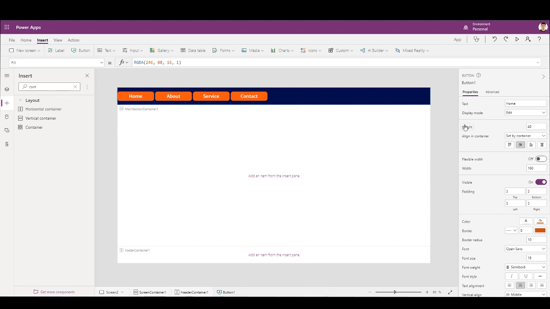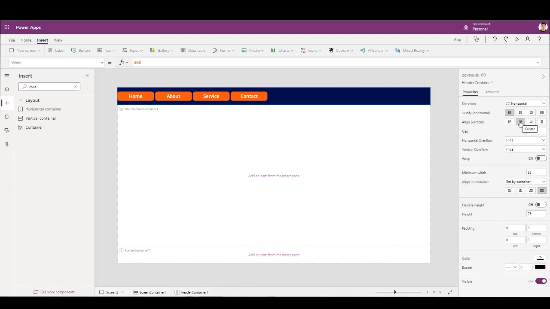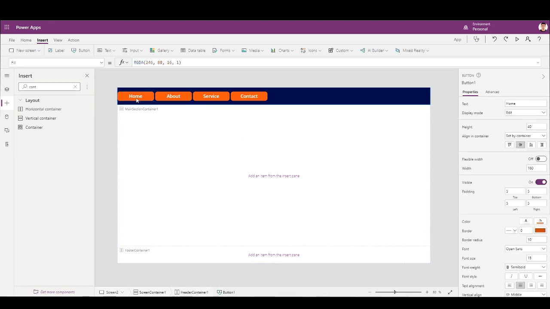So now for controls within the container, most of the stuff is almost the same except for this one. So align in container: if we go to container and set the alignment, we can set these different alignments. But let's say we want this particular control to be aligned a little differently, then in that case we can go to custom alignment and use these to align them differently. Set back to set by container.